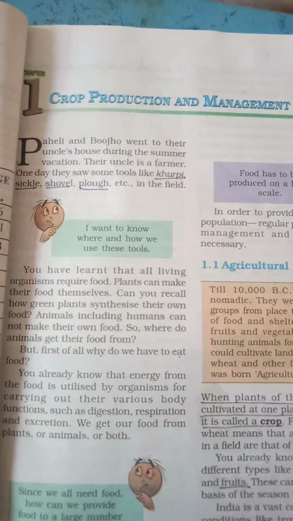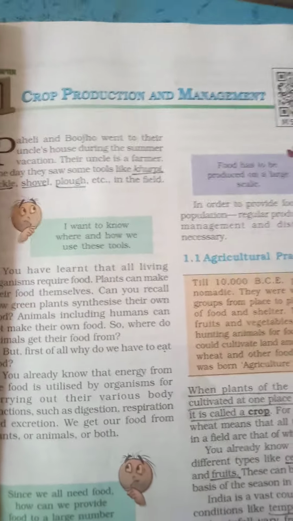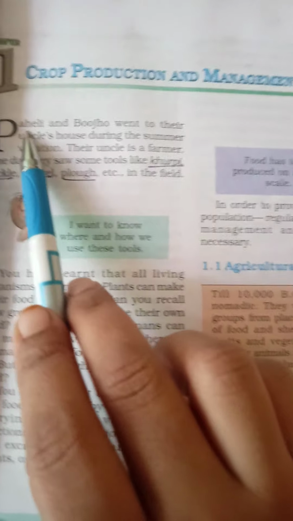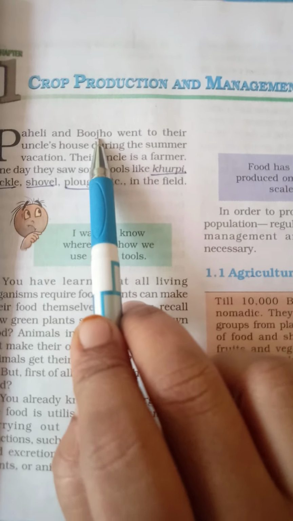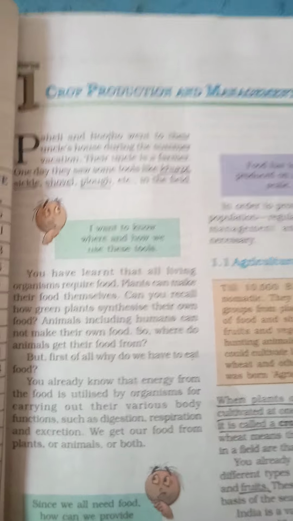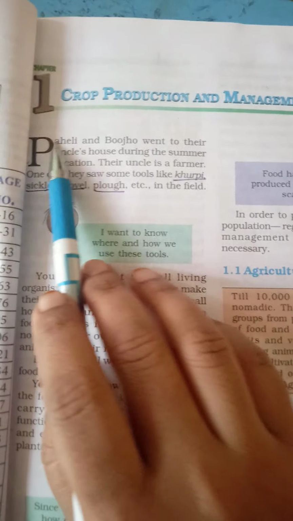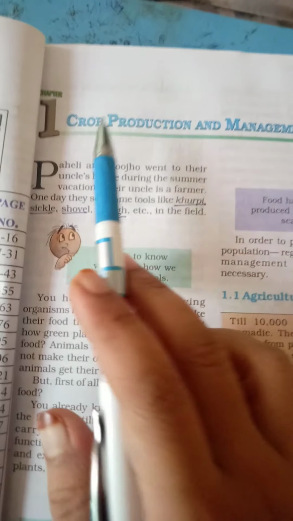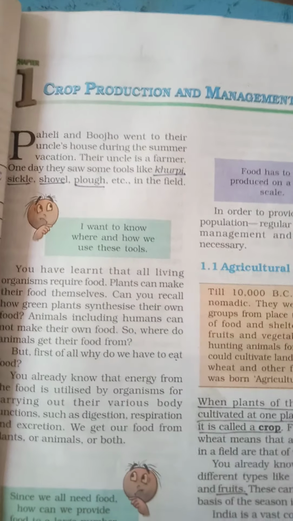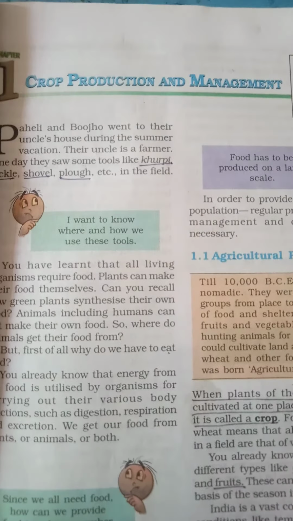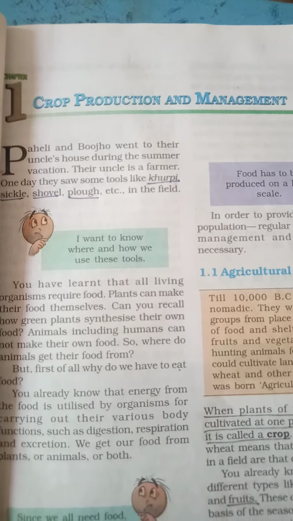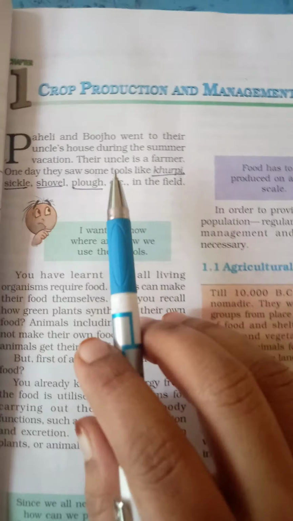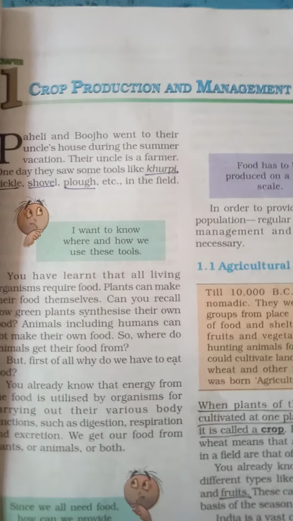Okay. Now, see here in this reader, the content has been explained by using two very interesting characters, that is Paheli and Bujho. Usually these are two Hindi terms that are just used to solve the riddles. Paheli here it refers to riddles and Bujho means to find out the answer for that one. So by using these two interesting terms, different questions have been asked. It is trying to show the interaction between teacher and a student, how or what type of questions will arise in student's mind, and how